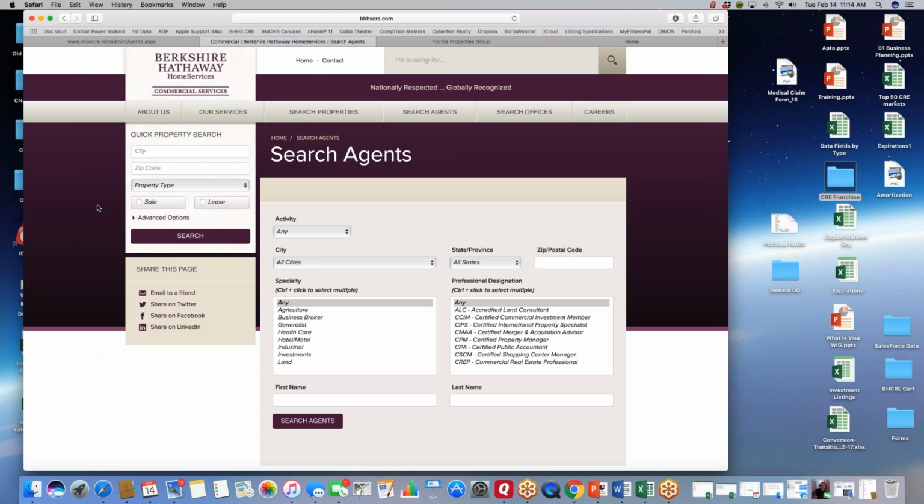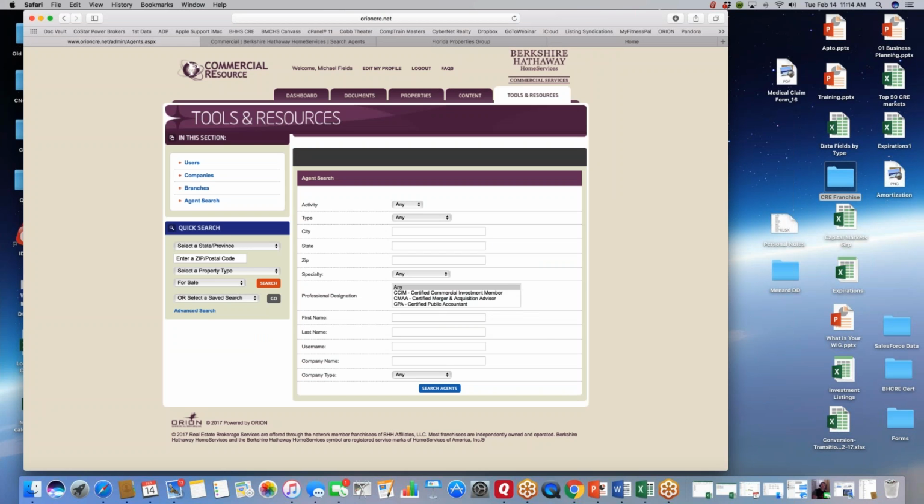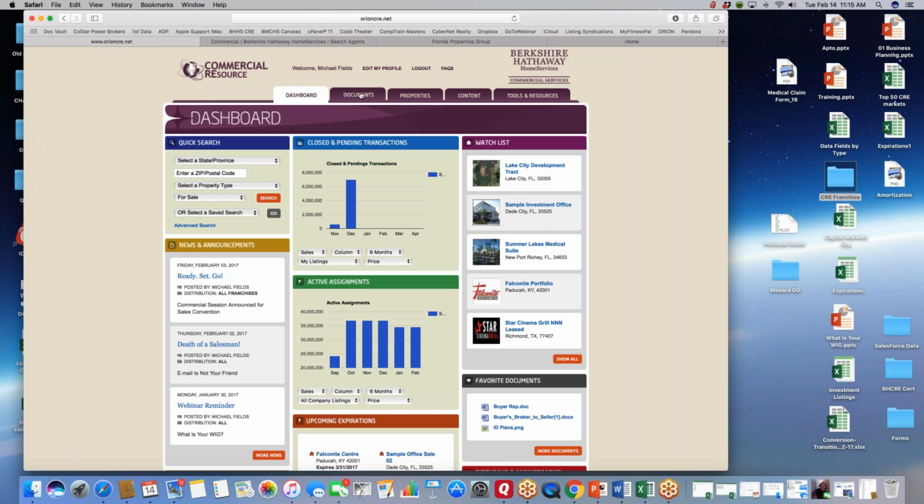And so that's kind of an internal and external database of all the listings, all the exclusive right of sale and lease assignments, and all of the sales professionals. So it's searchable either internally or externally by the public. And that's all free. Now, the Tier 2, when you log in right now, you'll notice that the Documents tab